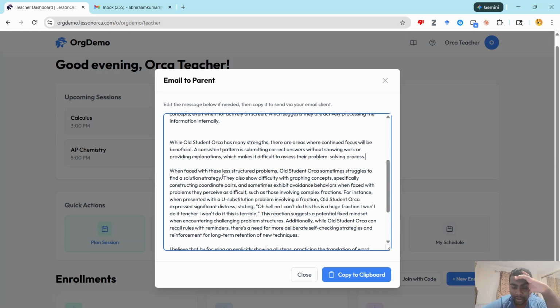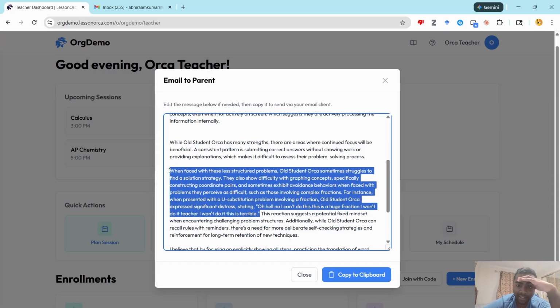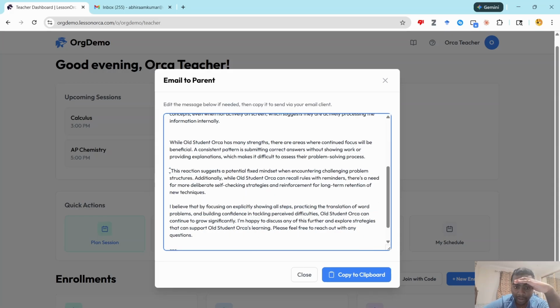Struggles to find a solution strategy, avoidance behaviors. I don't think I need to deal with this. Oh, yeah, they even have a quote for me though, so do I want to go over this? I don't think so. I don't think it's that big of a deal that I want to go over with the parents. So I'm just gonna say,